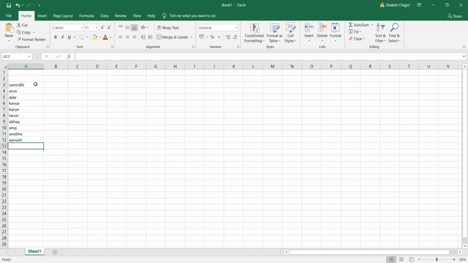Now we have these students and we have conducted the exam. Now in exam, let's say it's English, maths, science, Hindi. These are the 4 subjects and they have scored the following marks. Let's say we'll just give them the marks.